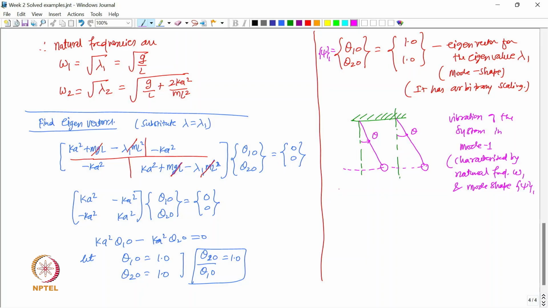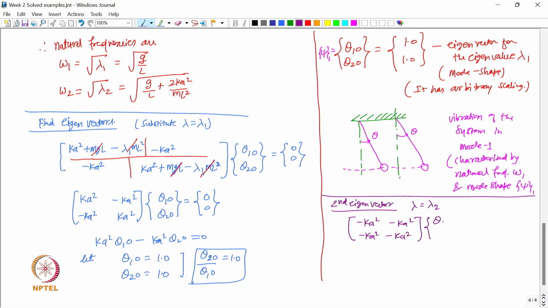So, now the second eigenvector also we can easily determine in this manner. So, for the second eigenvector, we need to substitute lambda equal to lambda 2, right, and if you do that, the matrix you get is minus k square, minus k square, minus k square, minus k square, okay. So, theta 10 and theta 20. So, if you solve this, what ratio do you get? Theta 20 upon theta 10 is equal to minus 1, correct,